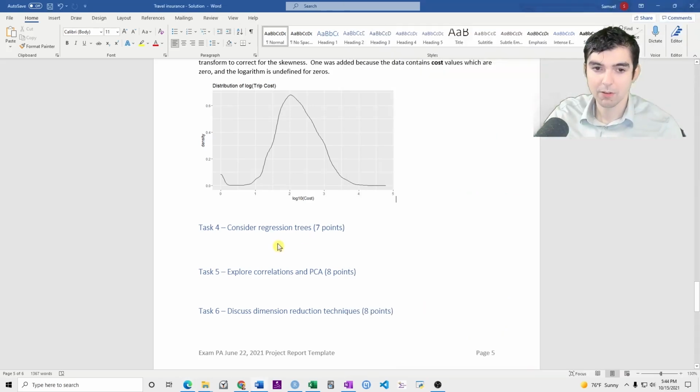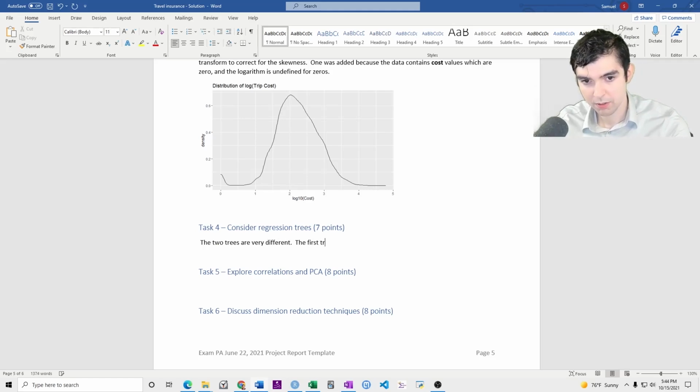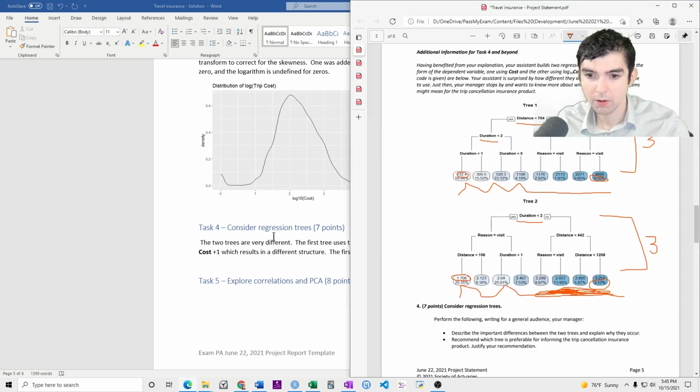So to summarize, the two trees are very different. The first tree uses the cost value, and the second uses the log of the cost plus 1, which results in a different structure.